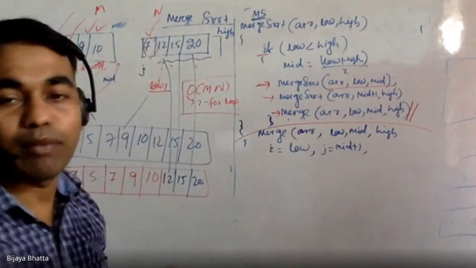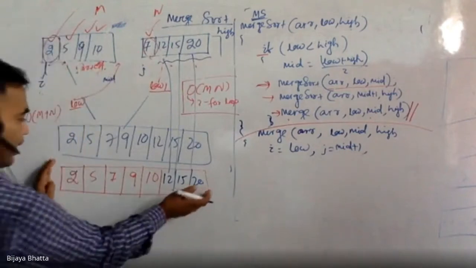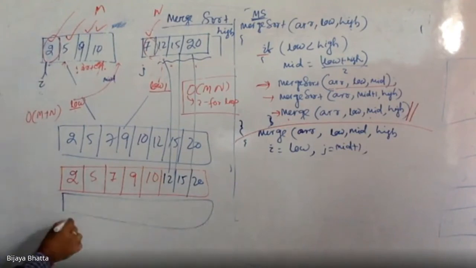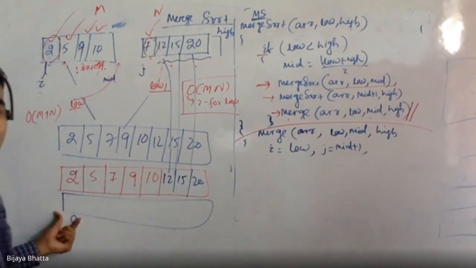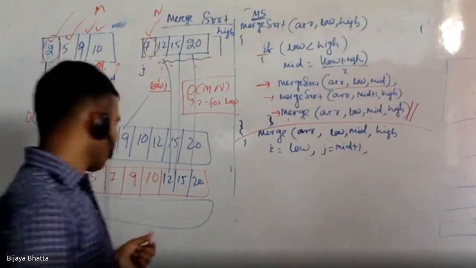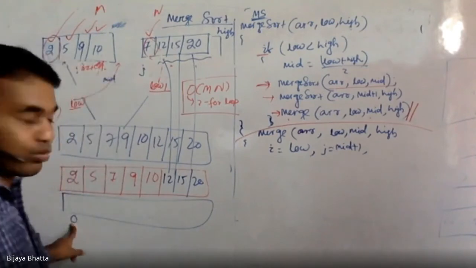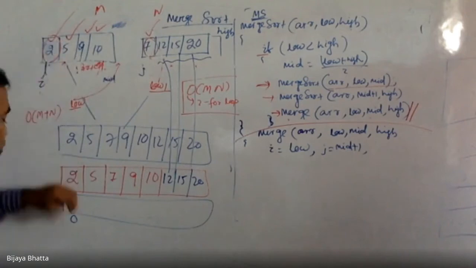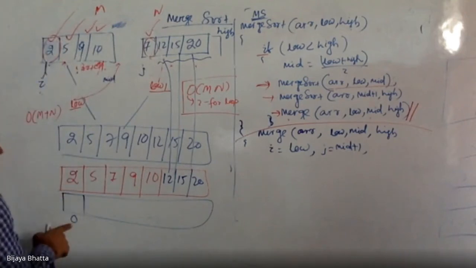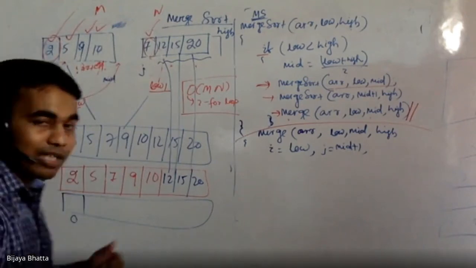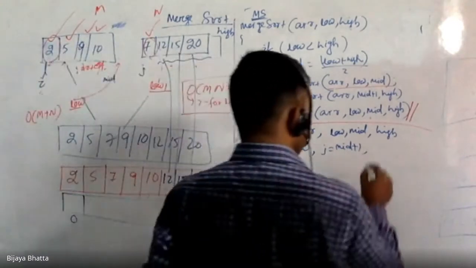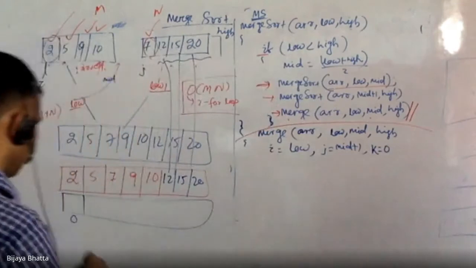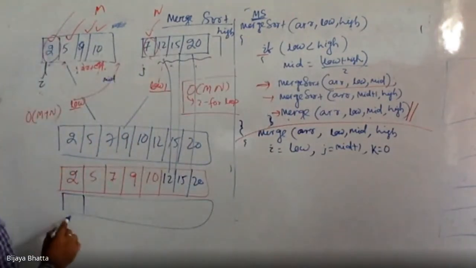Yes, you need one more variable, which is for this array. Initially this array is empty, so this will start from 0, right? That's why you need an index. Because you will take from either here or here, but where will you put it? You will put it in the 0th location. For that tracking purpose, you will take another variable, which is k. So this is the k variable where you will put it.